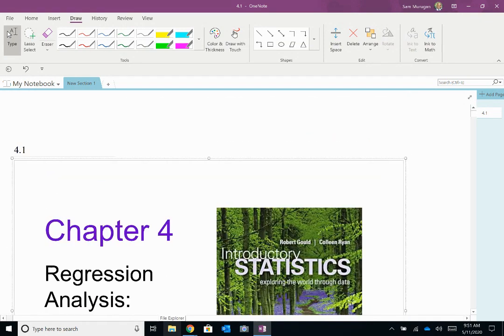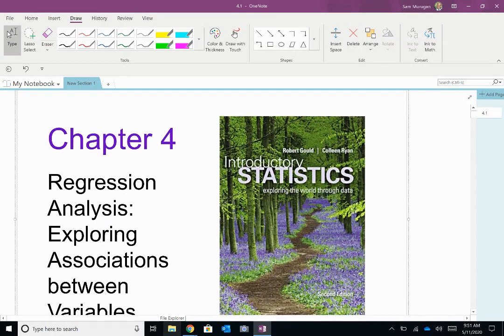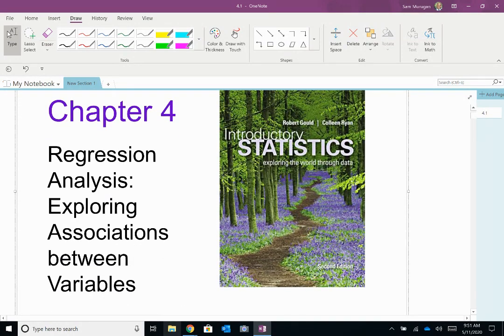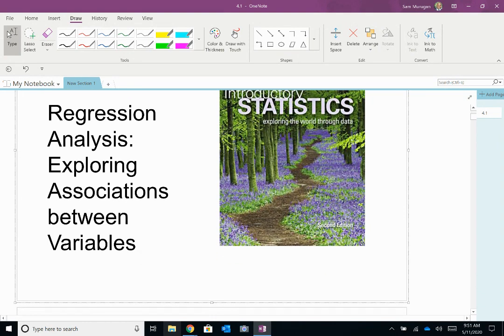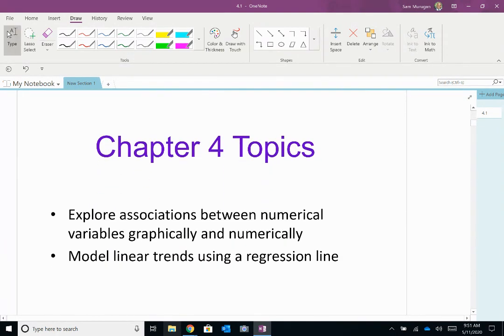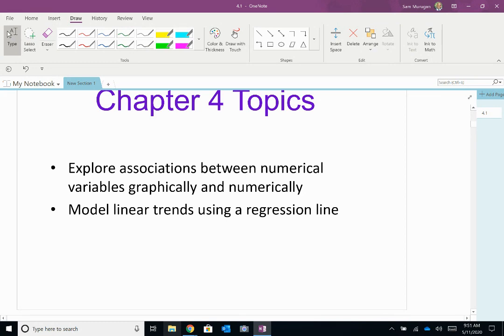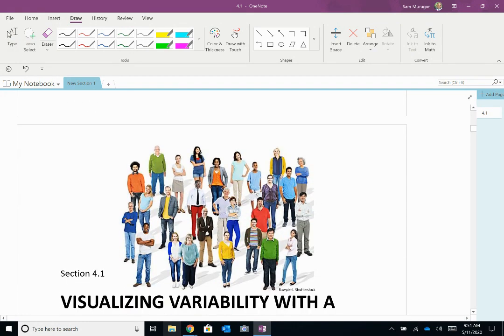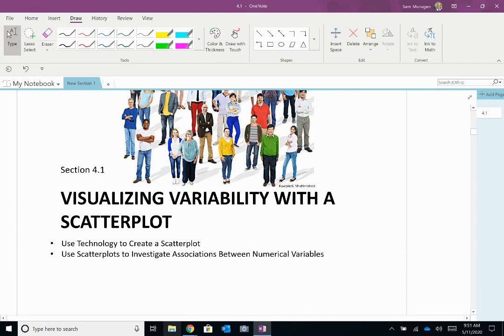Okay, so we're starting chapter 4, and this chapter is on regression analysis, exploring associations between variables. Some of the things we're going to be talking about: exploring associations between numerical variables graphically and numerically, and modeling linear trends using a regression line. In chapter 4.1, actually, we're going to just examine the scatter plots to investigate association between numerical variables,